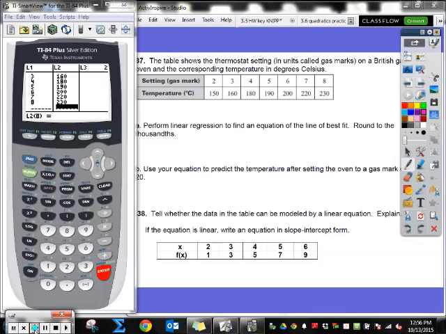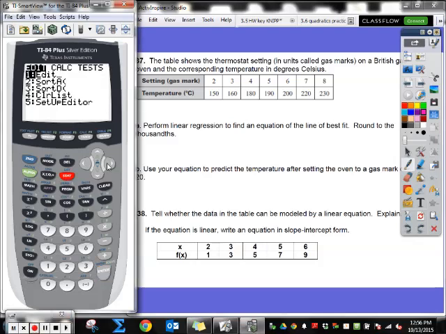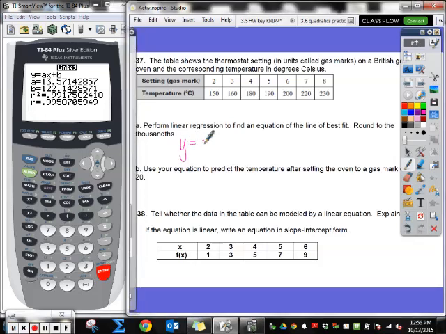Okay, now that my data is in, I'm going to do the linear regression. So I stat calc 4. I arrow down to store regression equation, alpha trace, paste the y1 so that it will paste your equation into y1, and then we calculate. And it says round to the thousandth, so we are going to say y equals 13.571x plus 122.143. And it says use your equation to predict the temperature after setting the gas oven to a gas mark of